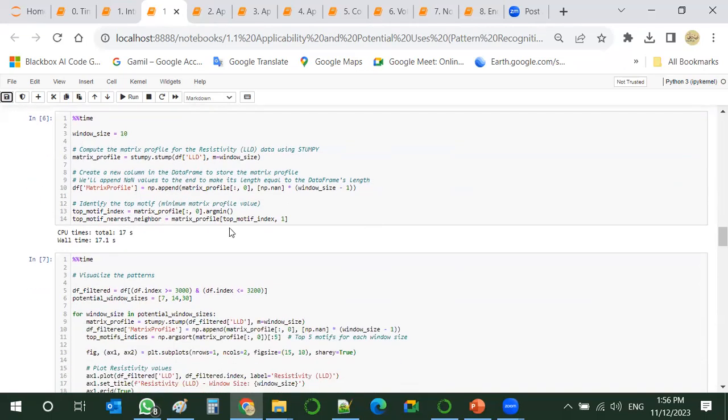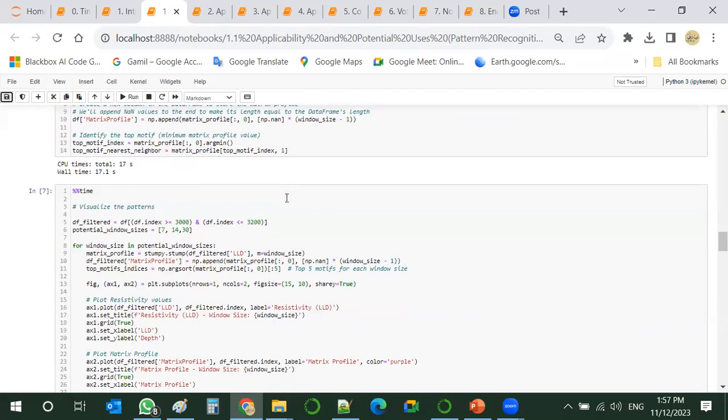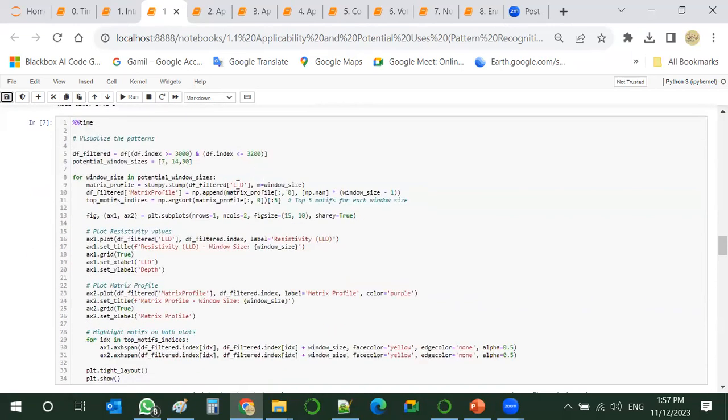So this code will just run this matrix profile using the Stumpy library, and we have created this data frame to keep the result.